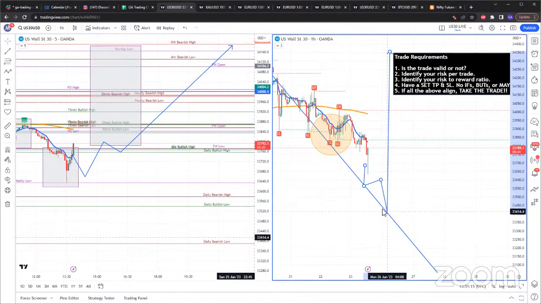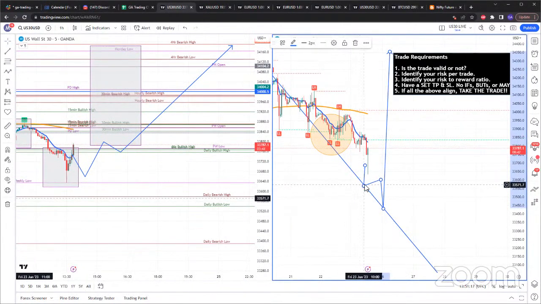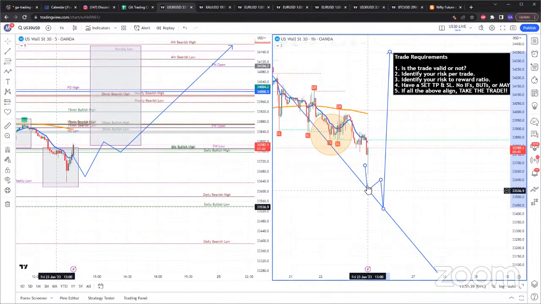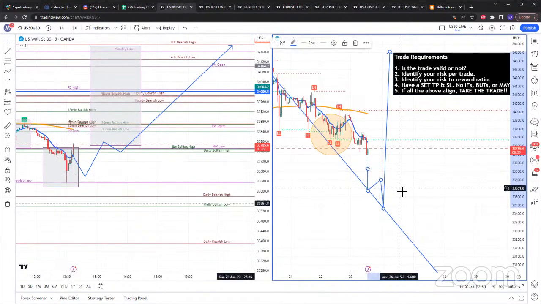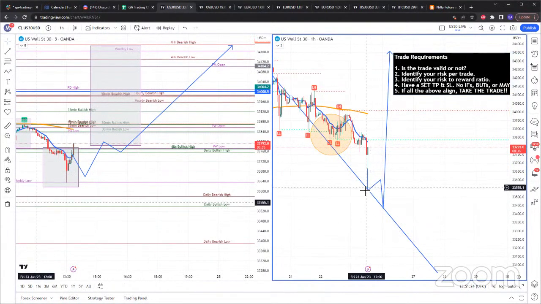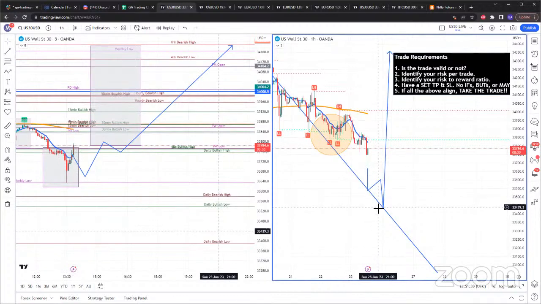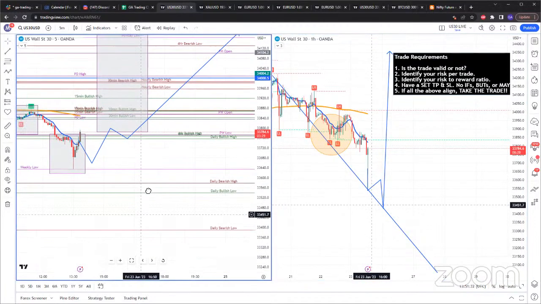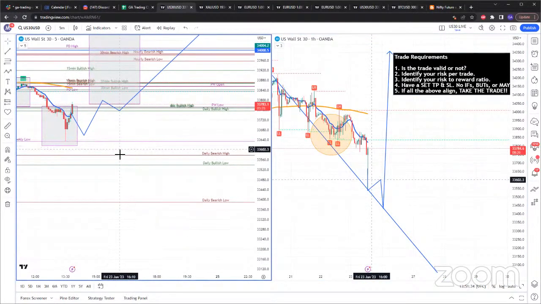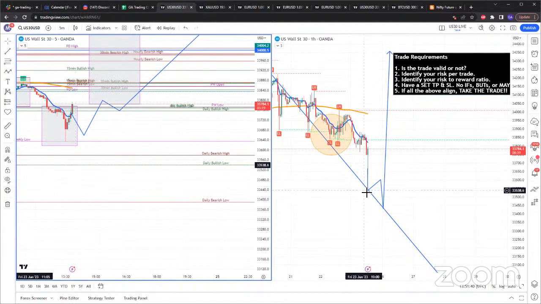Now, again, static trend lines don't always have to be retested, but the reason I draw the trend lines and see where price can retest it is that I'm curious to see what zones are where the trend line would be retested. So around 33,535, around 33,439, what do we have? 535, 439, we have a daily bullish low at around 538. So this would be literally at the retest of this trend line.